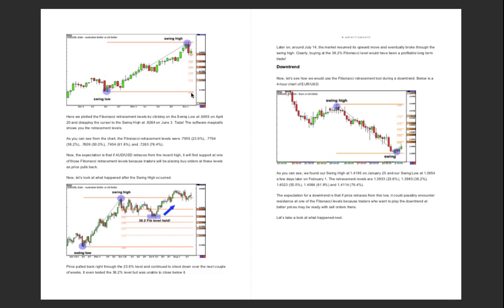That's all what Fibonacci does, okay? This place is 23% of this entire move. Here is 32%. Here is probably looking like 50%. Here is looking like 60%, and here is looking like 72.8% of this entire move, okay? So it helps you calculate the percentage of pullback that this market is possibly going to experience before it